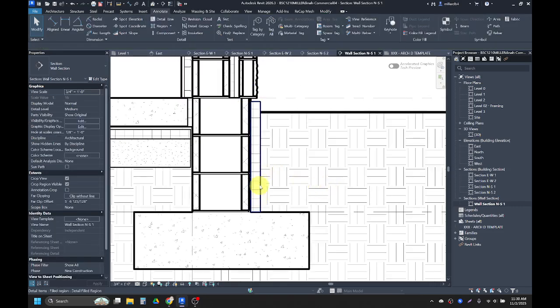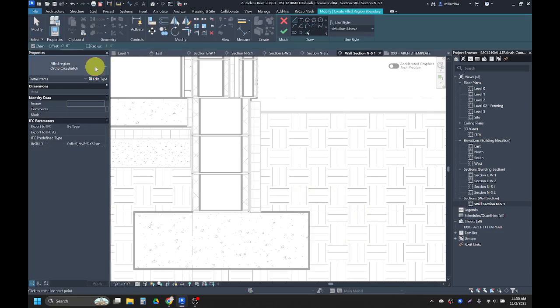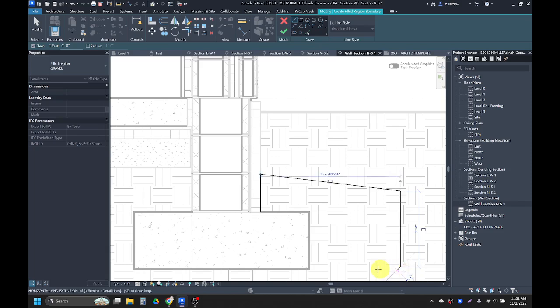And then we also have a gravel for our French drain system outside on our foundation. So for this one, I'm going to create another filled region. For my pattern, I'm going to use gravel, and I'm going to add the rounds to it afterwards. So some of it I'm going to measure, some of it not so much. But I'm going to use the line tool to just draw, and then I'll go up almost about a brick tall. I'll go out about this far on an angle. I'll go down,